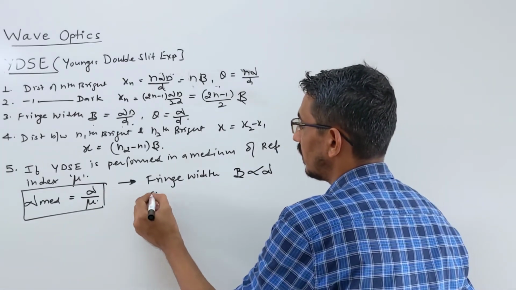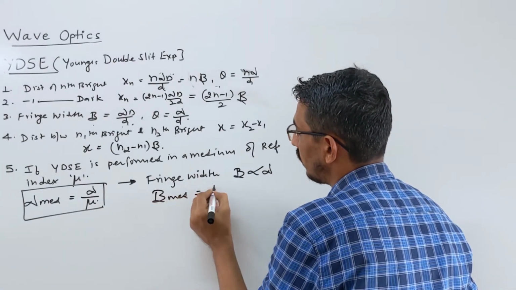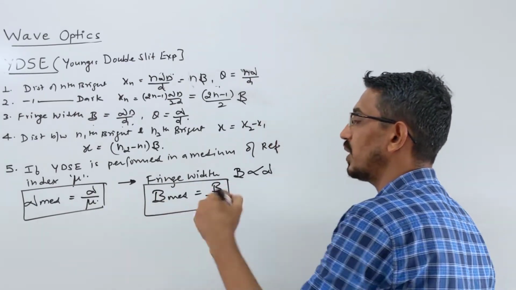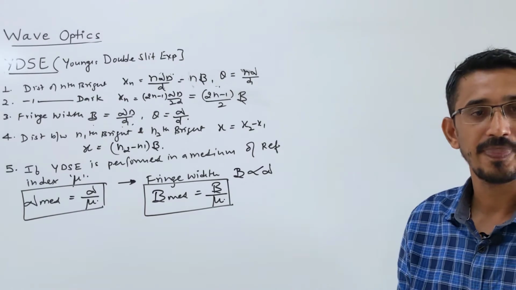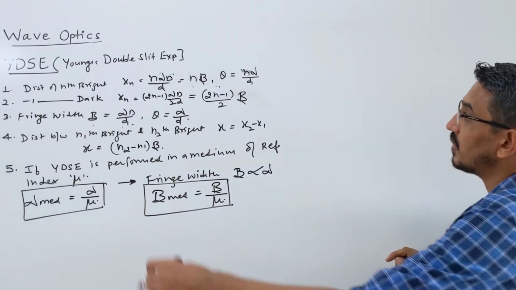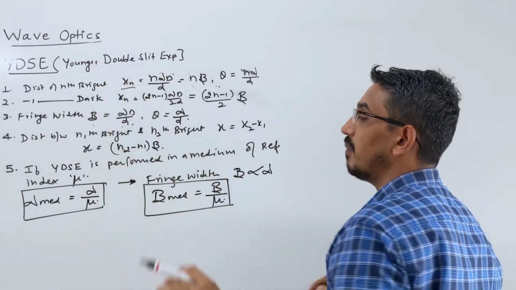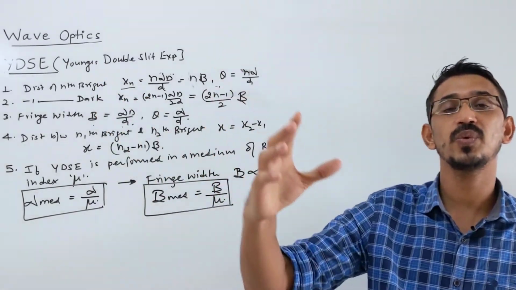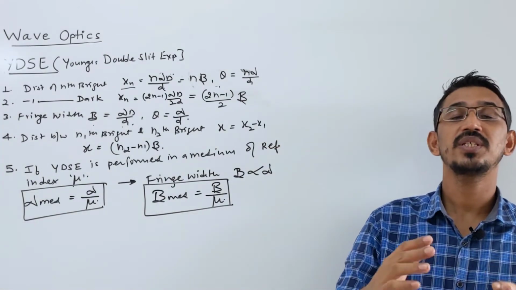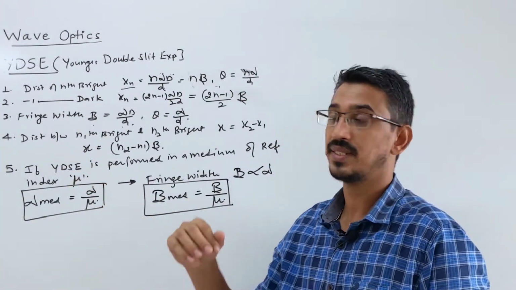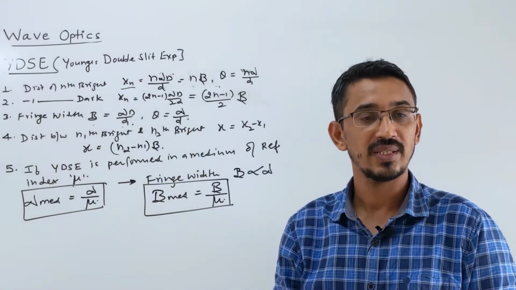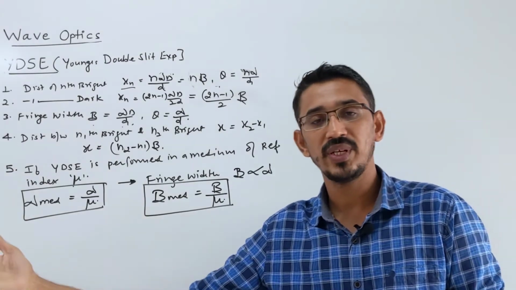So fringe width inside a medium is fringe width in air divided by mu. So write carefully that fringe width will be reduced by mu times. Correct? Yes, fringe width will be reduced. Then if you talk about this, like you said that when I am doing the test in air, the 10th fringe was at a distance of 1 meter. Then when we do this test in a medium, what is the distance of the 10th bright fringe? Right now? You see in this formula, what will change? Again lambda is reduced. Right? So the distance of that 10th bright fringe will be reduced.